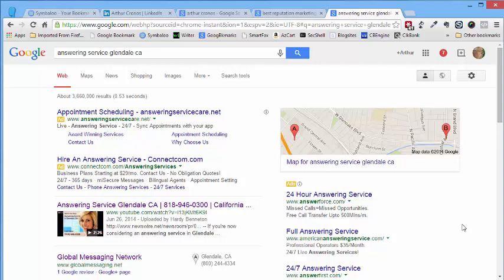This is just a short overview of the sorts of things that search engine optimization can do for your website. Some of the things that make it happen are done on your website, and some of the things that make it happen are completely separate from your website. They're happening out there on the internet to let Google know that your website or a page on your website is really, really important.